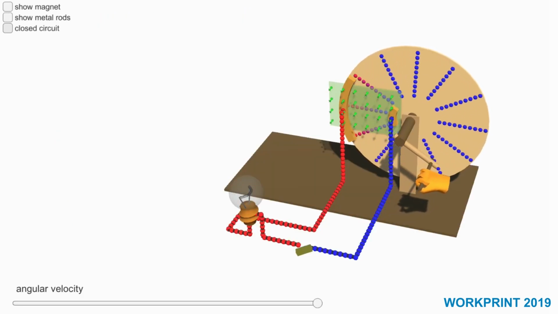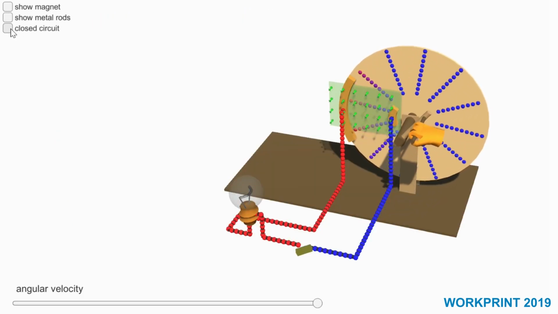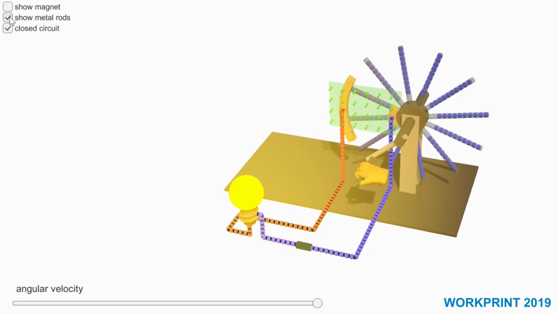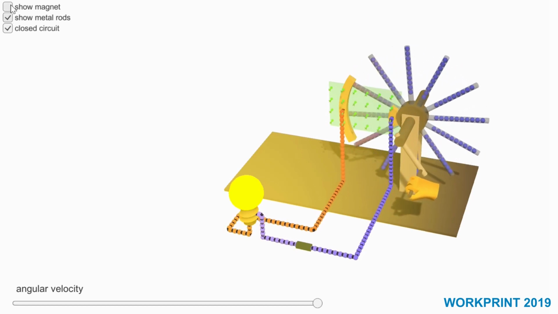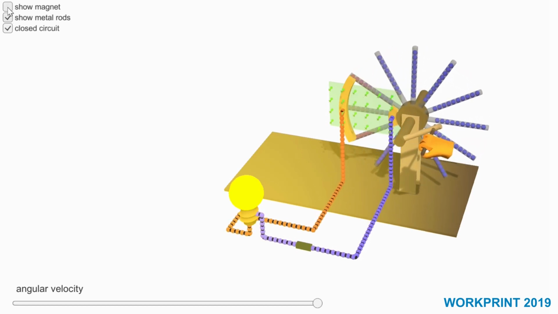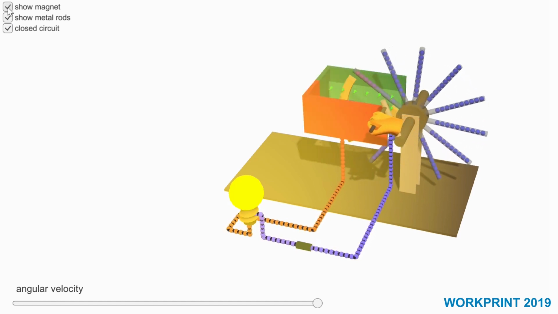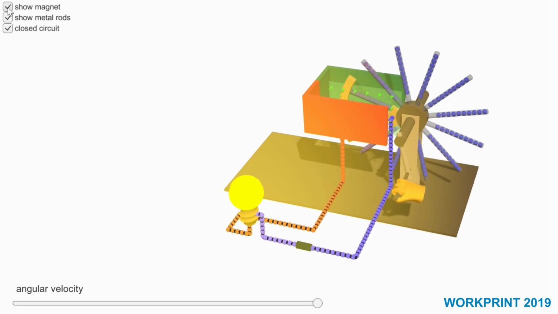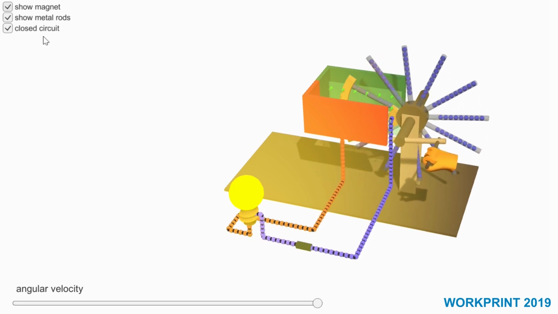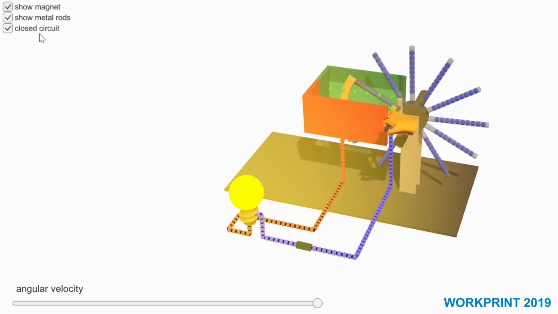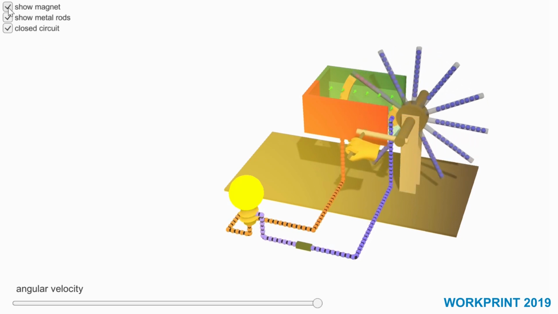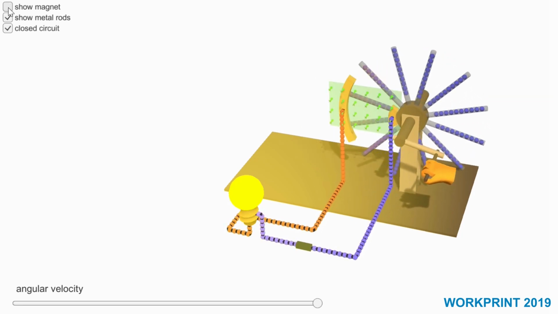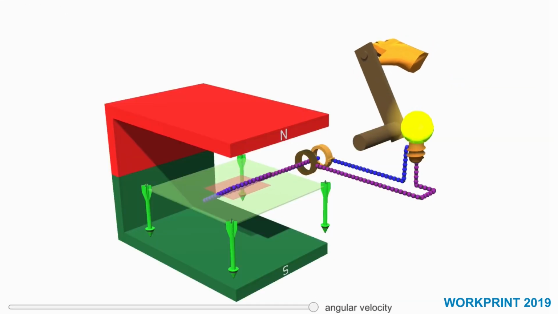So here I got a homopolar generator in a more simplified way. It has just one wheel, and we clearly see how the plate consists of electrons which have to go through the magnetic field, and while they are passing through this field, they are pushed on the outer part of the wheel, and the pressure rises.